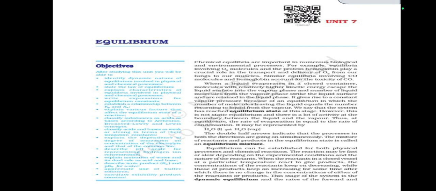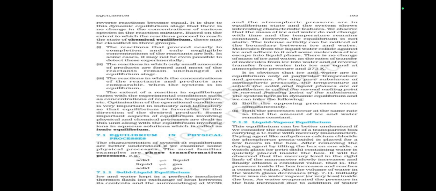This stage of the system is the dynamic equilibrium, and the rates of the forward and reverse reactions become equal. It is due to this dynamic equilibrium stage that there is no change in the concentrations of various species in the reaction mixture. Based on the extent to which the reactions proceed to reach the state of chemical equilibrium,